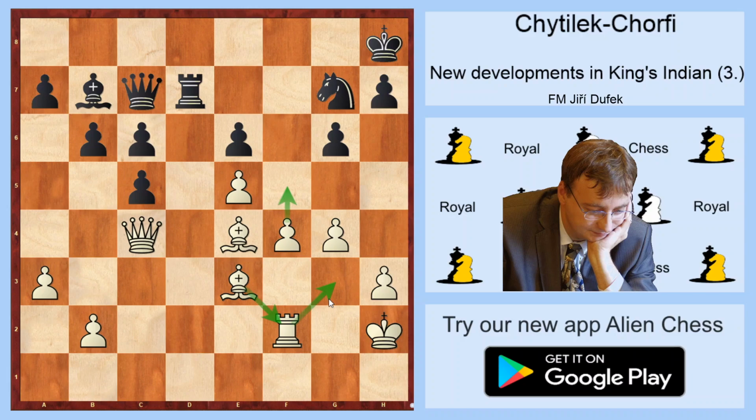I think white has a lot of ideas, and I checked this position with the computer. It shows something like more than +1, which means that this is a very nice advantage, and white can simply improve his position slowly, and he doesn't need to force anything. But after king h8,